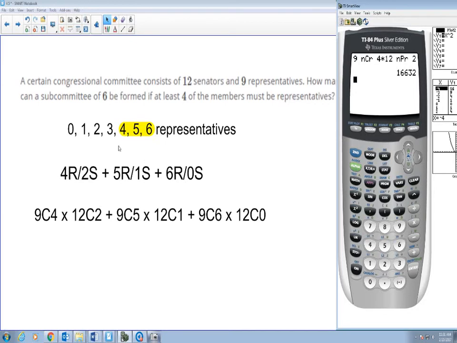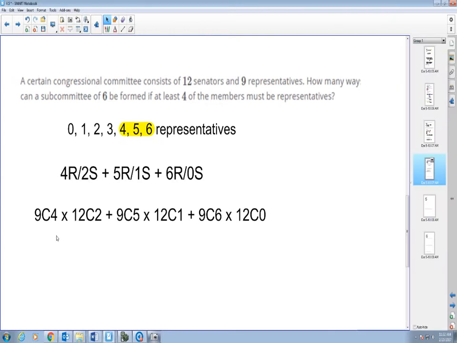Let me make sure I'm doing it right. Oh Lord, I'm typing it wrong. I'm typing a permutation there. I'm sorry, I'm about to say why the number's so big. Alright, let me fix that real quick. There we go. 8316. Alright, so